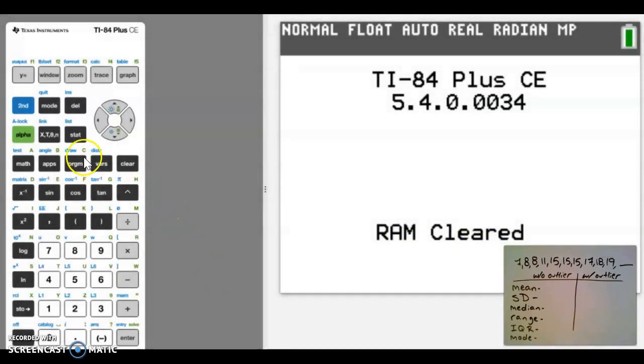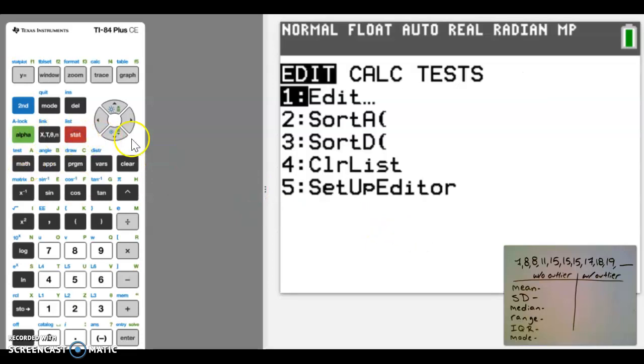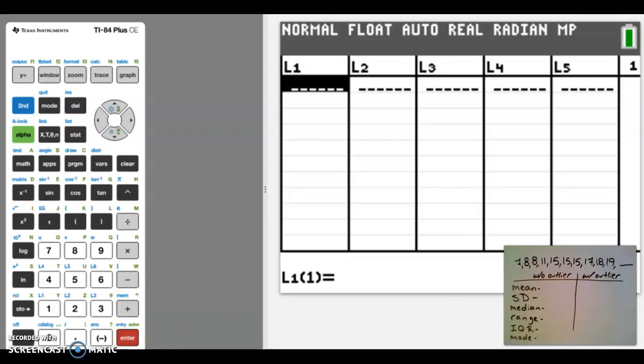So first things first, I have a clear calculator, so RAM cleared. I'm going to go to Stat, and I want to edit, so I'm just going to press Enter. And I'm going to type in these data points. Again, you can use your computer keyboard or whatever, so 7, press Enter, 8, 8,